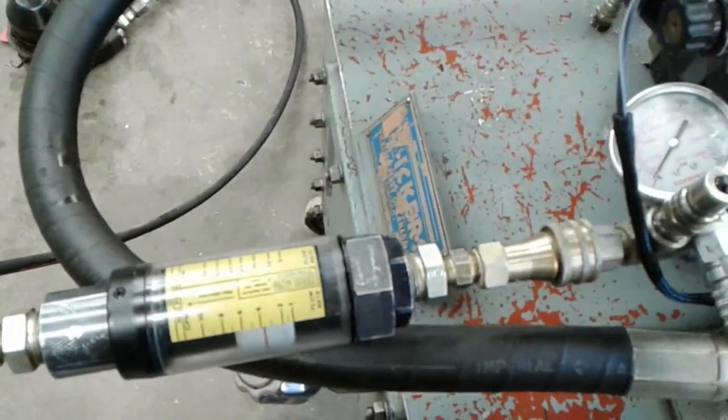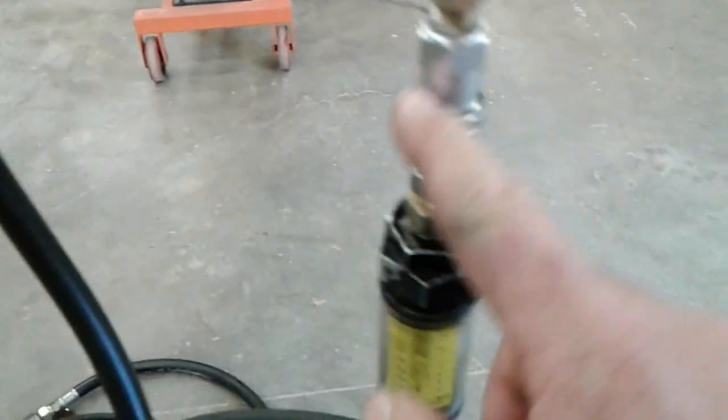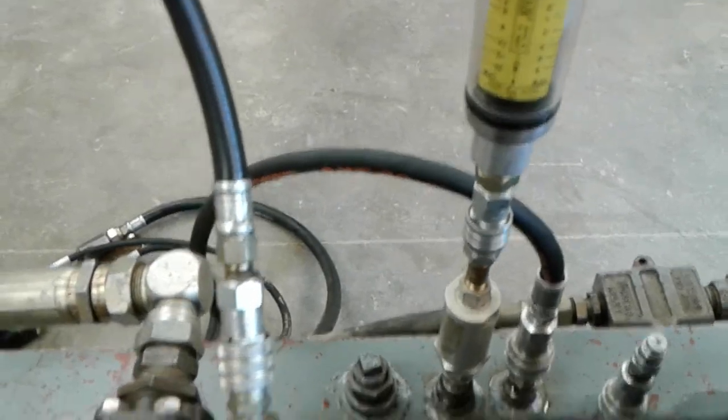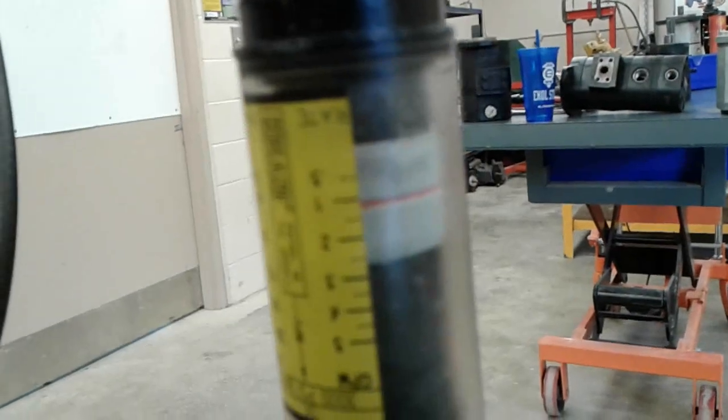going out the discharge. But I've also got some flow going out the case drain, to the tune of about 1 gallon per minute. So I've got a case drain line coming off here, running through a small inline flow meter and a little filter back to tank. I'm actually going to disconnect the pump discharge and block the output, keeping my current to the solenoid, keeping the pump fully de-stroked. I'll start it up and measure that case drain flow again. I realize this is upside down, but we're seeing a little better than 1 gallon per minute of case drain